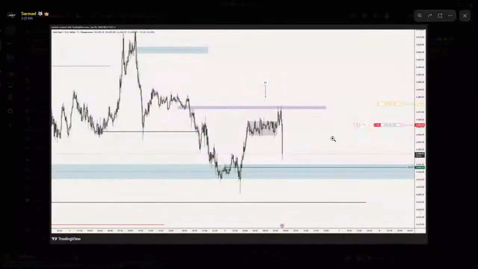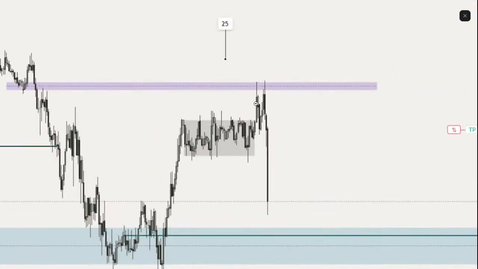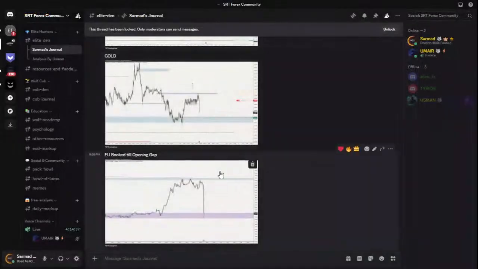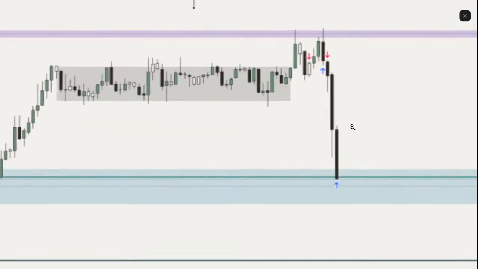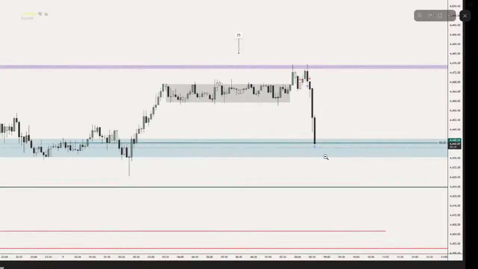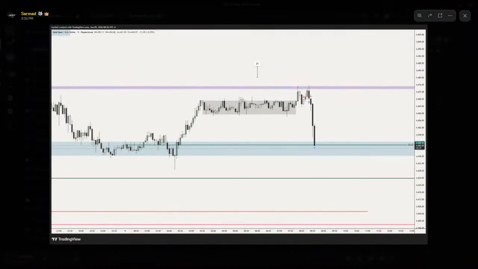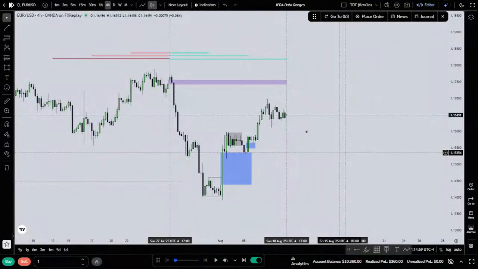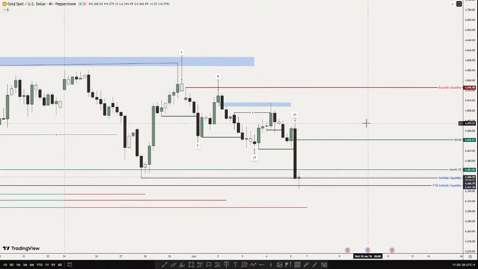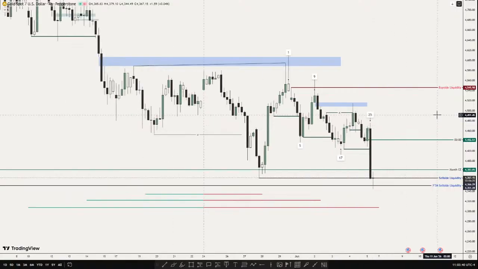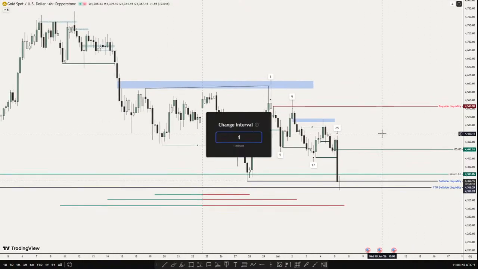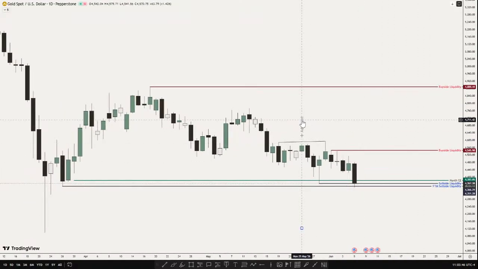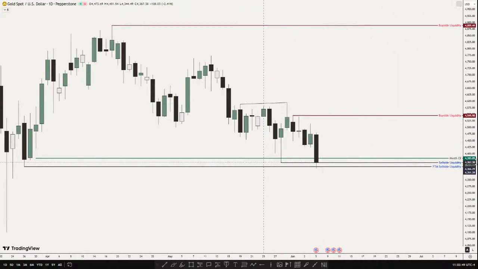This is the trade I took on NFP, before NFP, and then booked here on midnight open. So yeah, let's go and see the trade. If you go on the daily time frame, you will observe that the price has been in a bearish trend